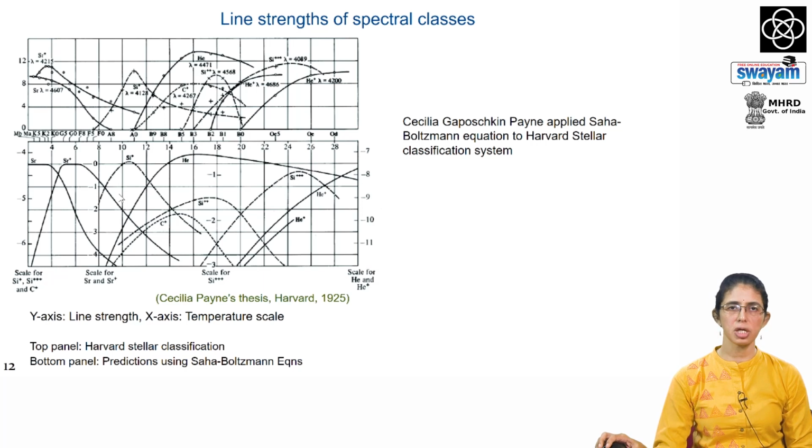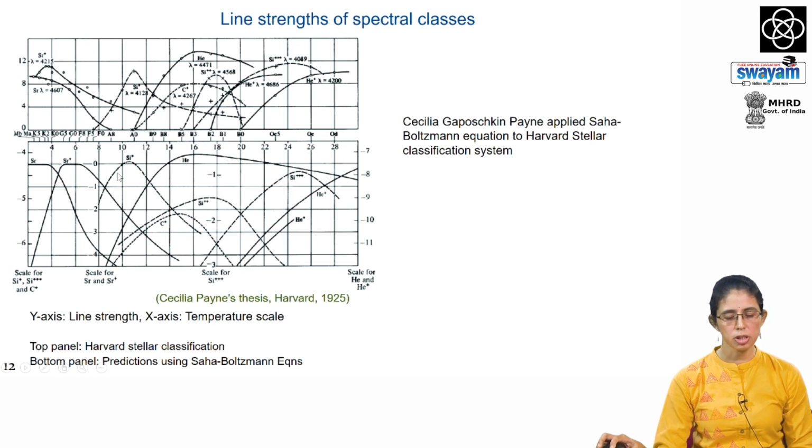Just as we have seen for the case of hydrogen, is it also possible to calculate the strength of spectral lines of other atoms and other transitions using the Boltzmann and Saha equations? This was done by Cecilia Payne in the early 20th century. Here on the left, one can see two graphs. The top graph represents the observed line strengths as a function of temperature determined by Annie Jump Cannon and her colleagues for various species, and